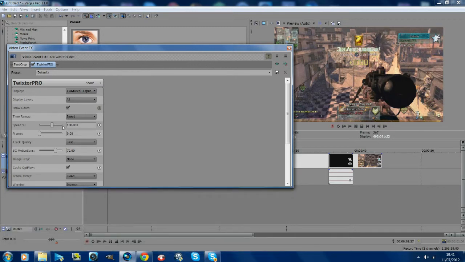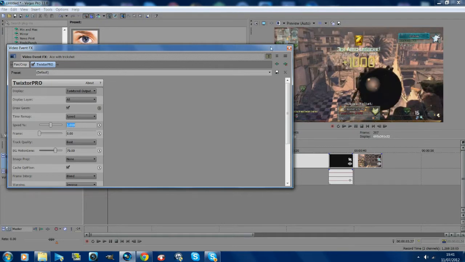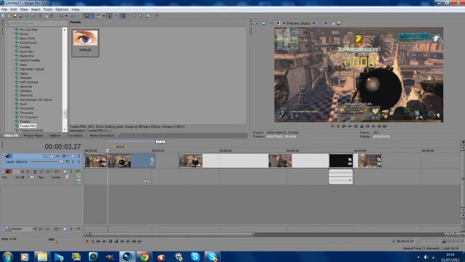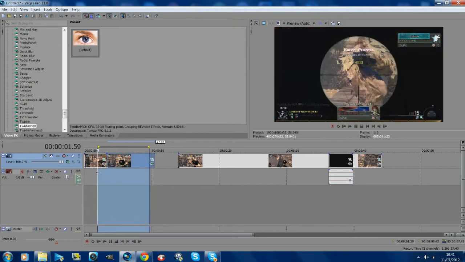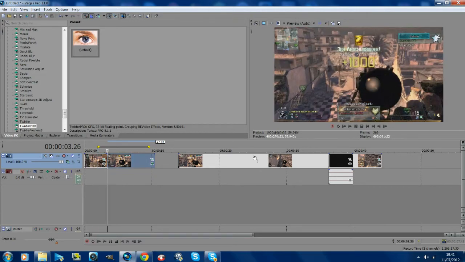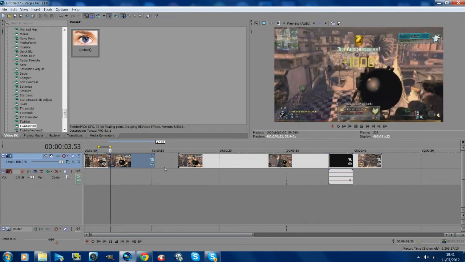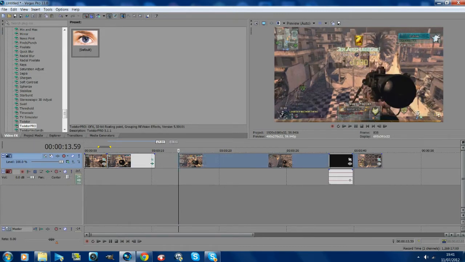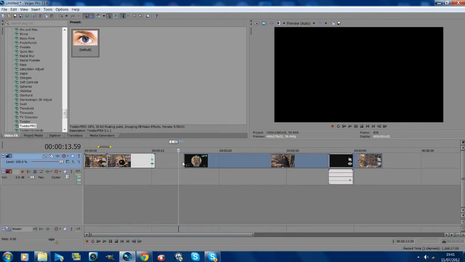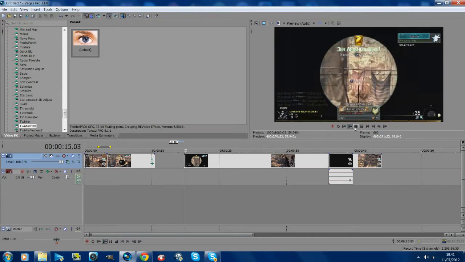But yeah, just pause the video. So yeah, add 1% to that if you have Twixtor. If you don't, just use your normal slow motion. So now, if I preview this out, now it goes into Twixtor, which will give us time for the scope to come in. So once you've got it into Twixtor, like that, you're going to want to find the bit where he shoots for the last one, or just before he shoots, like there,